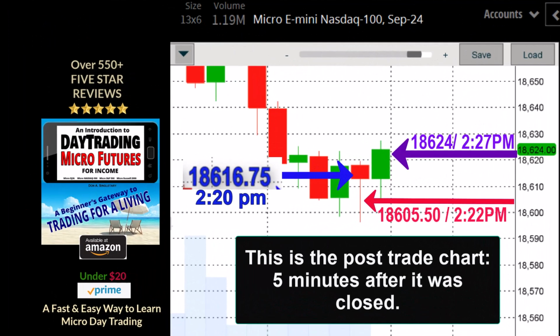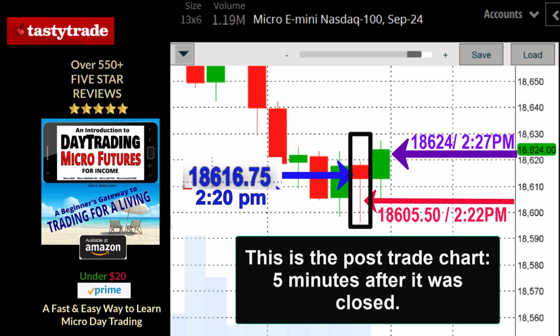Well, you remember the trade only lasted for 2 minutes, so it all happened inside of one red candlestick right there. Now, I entered the trade at 2:20 at 18,616.75. That's the blue on the left. I got out of the trade at 18,605.5 with a $22.50 profit. 2 minutes later, at the time was 2:22. And now look, one candlestick later, that's 5 minutes, at the time was 2:27. The market was back up to